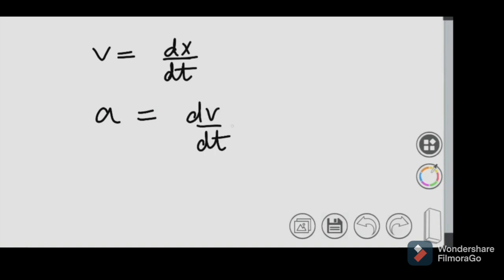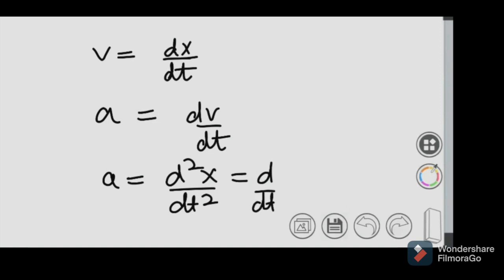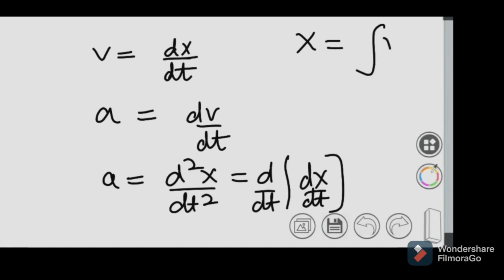the differential of velocity. Fine. Then if you are asked to find acceleration from distance given, then you will differentiate it twice. Okay, d2x by dt2. This is nothing but the differential of dx by dt. So we did differentiation in this chapter. Then the reverse of it. If you have to find out the distance traveled and you are given the velocity, how to find out the distance traveled? You integrate it with respect to time, v dt.